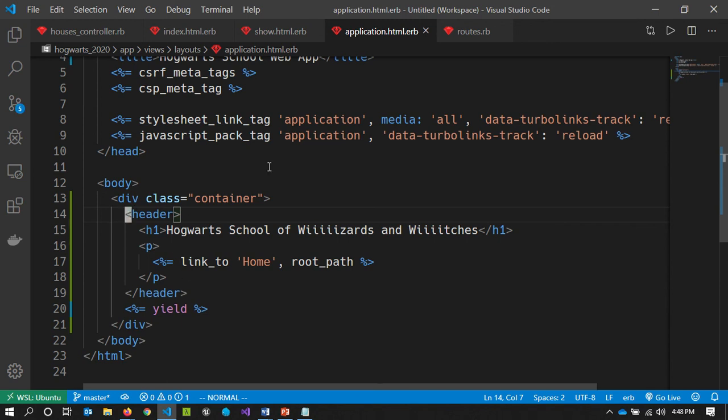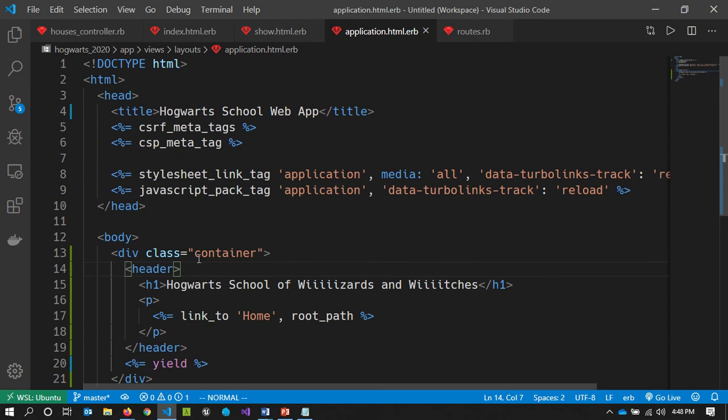That'll give me something to style. You can see up top here in the layout, I've got a tag that's called the style sheet link tag and the JavaScript pack tag. There's specific places where I can put CSS and JavaScript, and they'll automatically just end up in this layout for